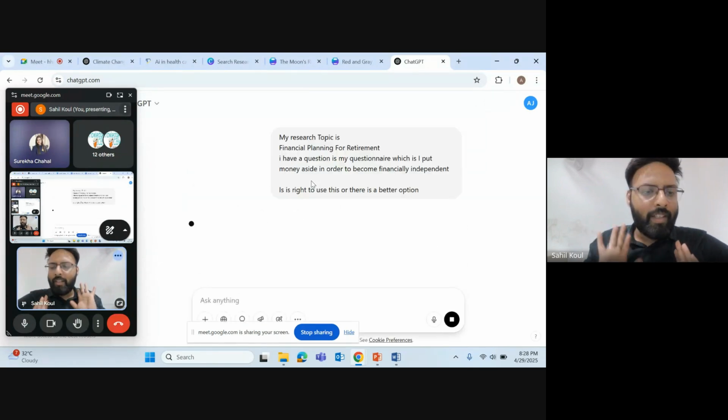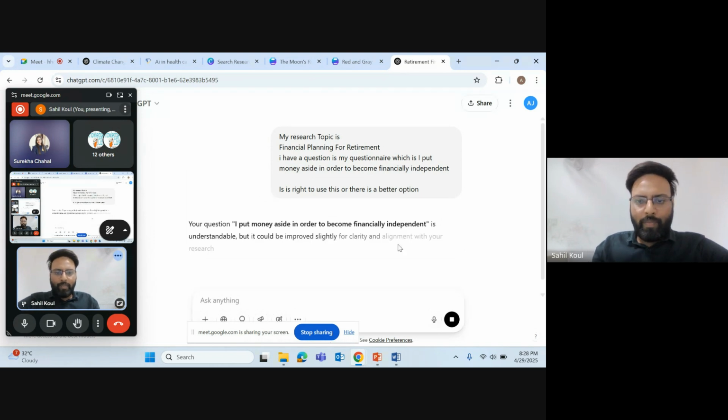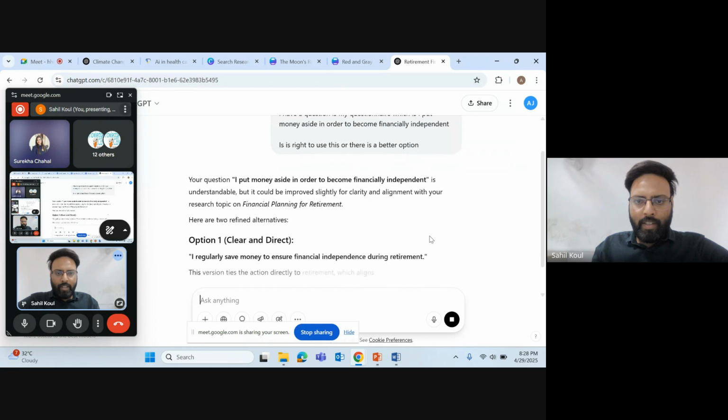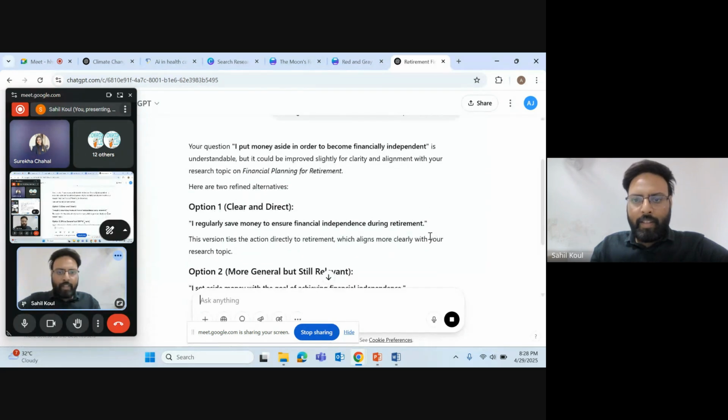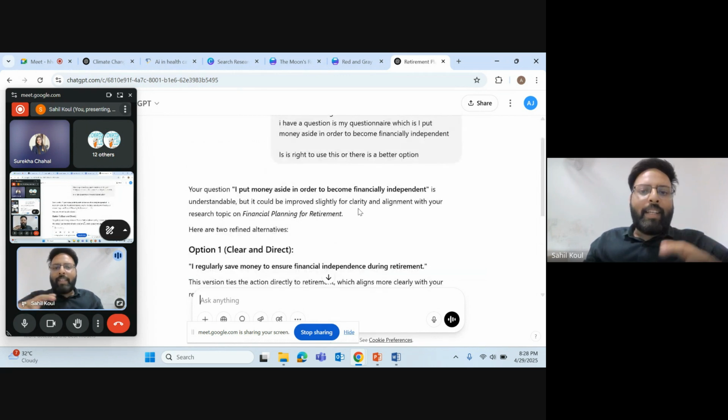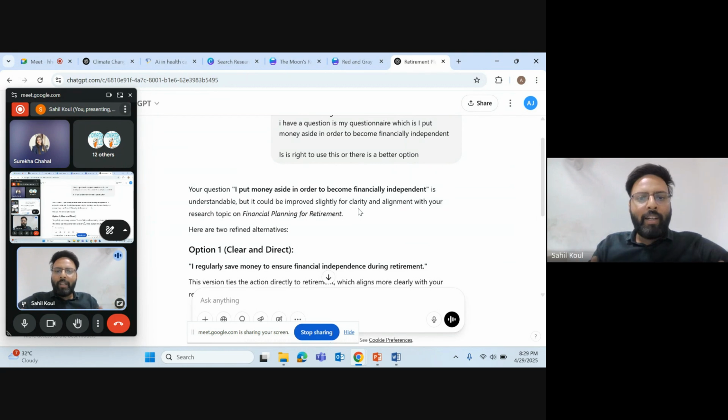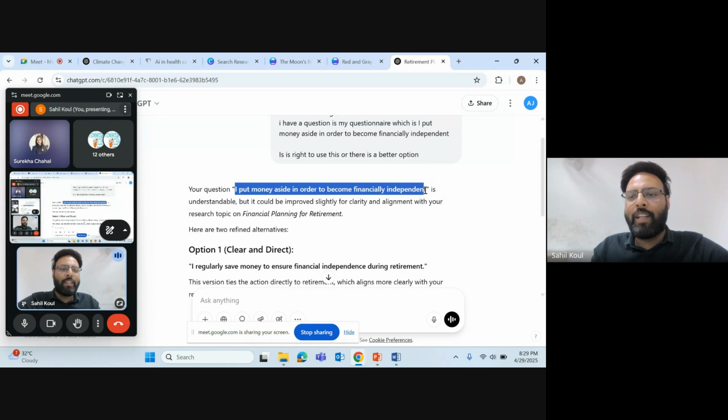I'll just ask this and leave it. Let's see. So this suggests, since we are talking about financial planning for retirement, I want to be independent by that time. So we are asking the user whether I would put aside some money in order to become financially independent.